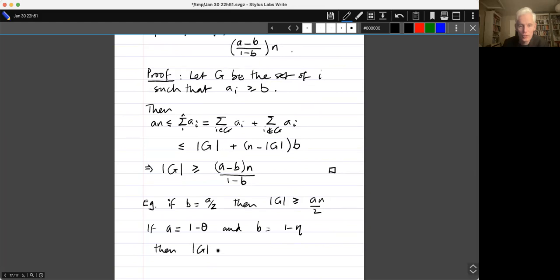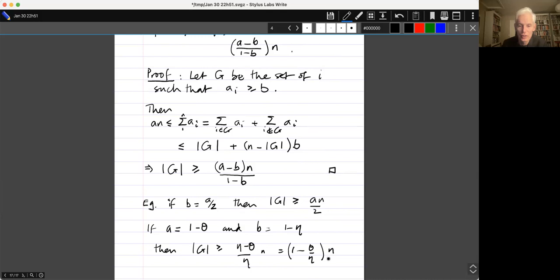Then in that case, A minus B is eta minus theta, and 1 minus B is just eta,